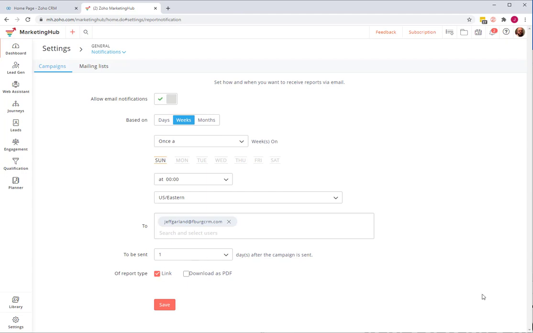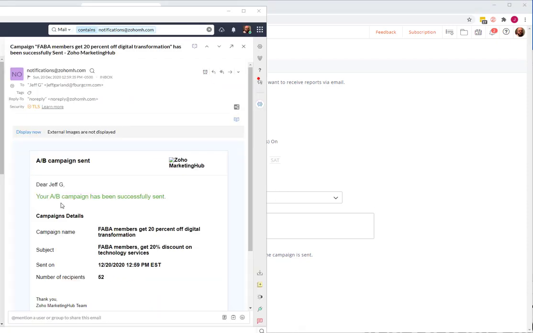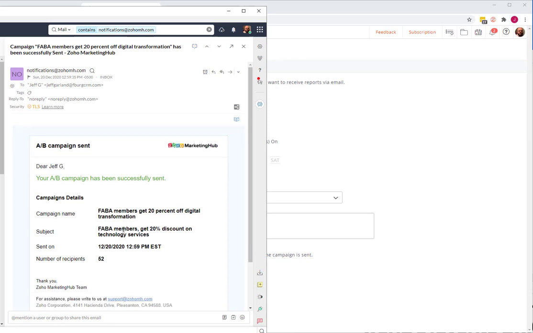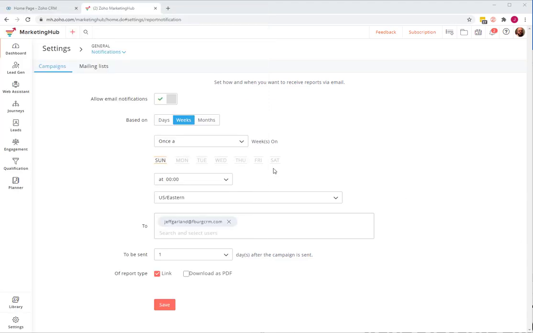You can choose to get a link or as a PDF. And so while this is how often you get a status update, there's another email that you will get. After you send an email campaign, after it's fully gone out, you will get a message just like this, and it basically gives you a summary of the email campaign you sent out, number of recipients, time when it was sent, the subject. And so this one does the once a week summary, and then down here this does your actual